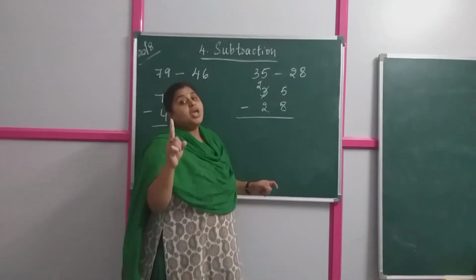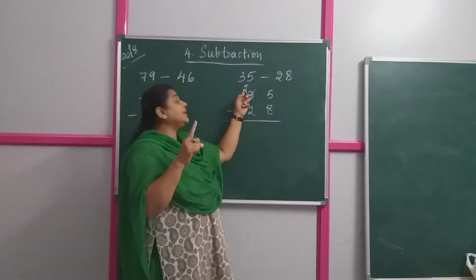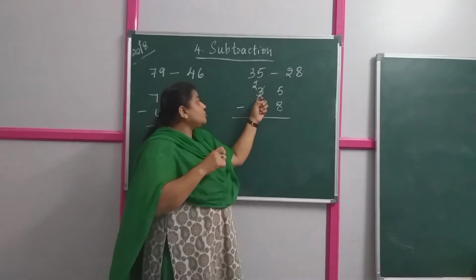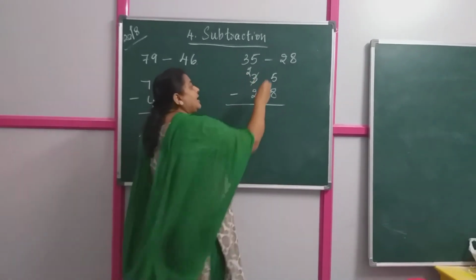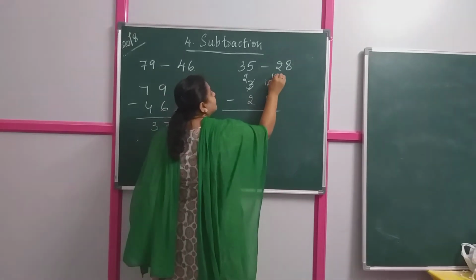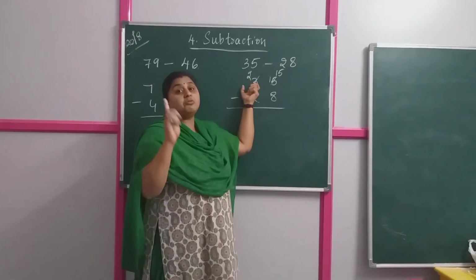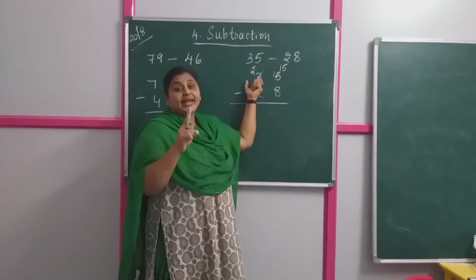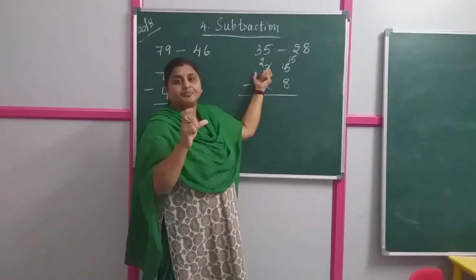Because I have said, whenever you are subtracting 1 from any number, you will get its before number. So, when you are subtracting 1 from 3, it changes to 2. And here you are borrowing 5. It means it becomes 15. From tens place, I am borrowing 1.